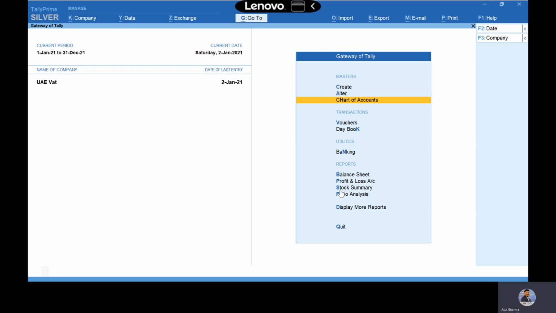First of all, we will do the data sync. What types of data sync are there? There are three types. The first is the online sync. What is online sync? In this case, the client and server companies need to be online. One is the server and another is the client, and both companies should be online and connected.